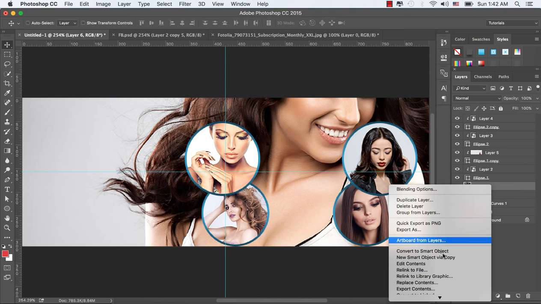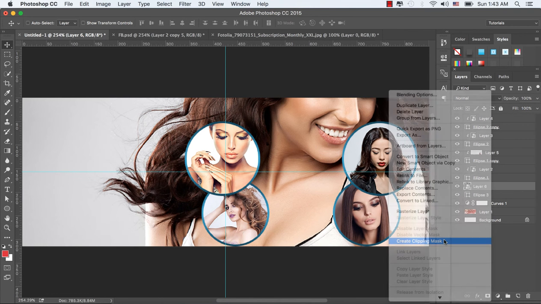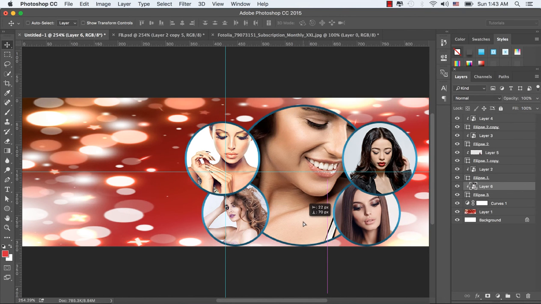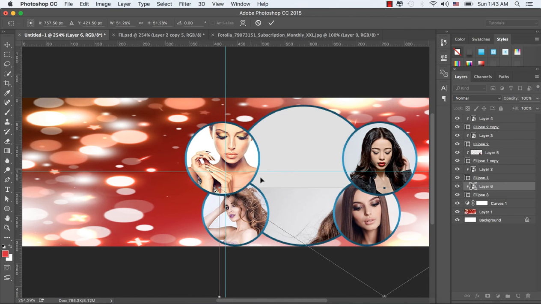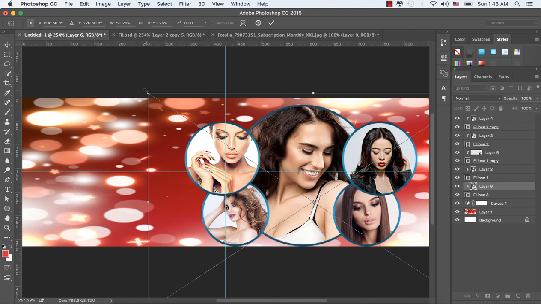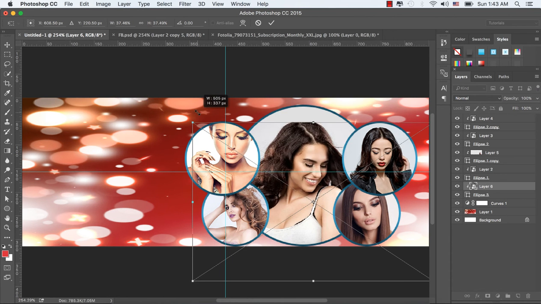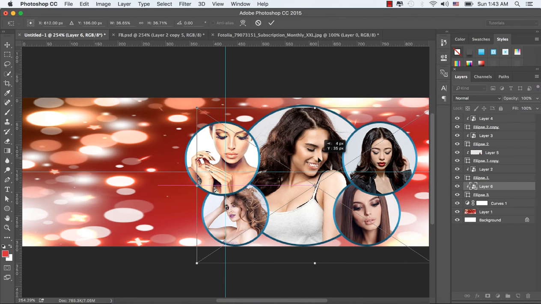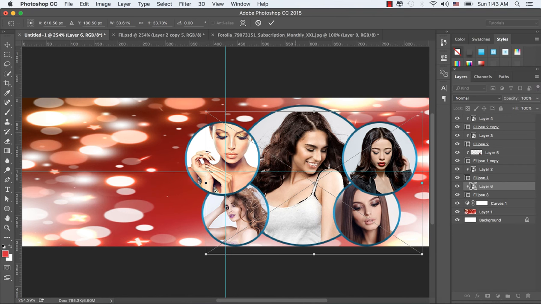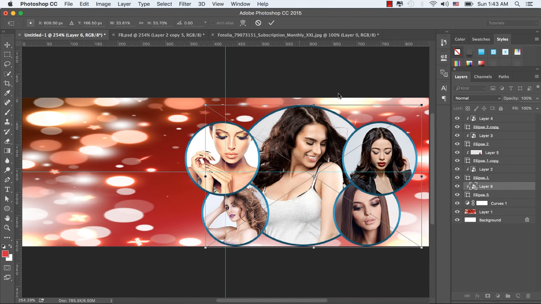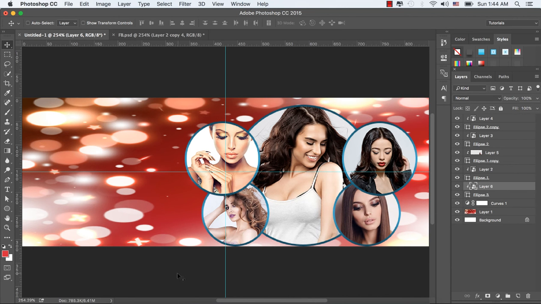Drag this image layer on top of the ellipse 3 layer, right-click the mouse and select create clipping mask, and let's resize it by Ctrl or Command T from the keyboard, and again resize this image in order to fit with this big round shape, and select OK in order to accept this resize.